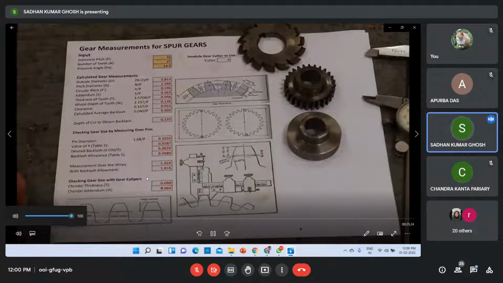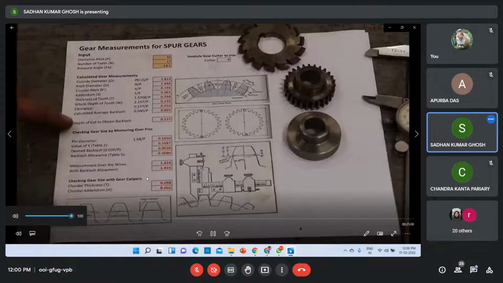Now, for my depth of cut, we calculate in a little bit of backlash, about 3/1000ths, which again is right out of Machinery's Handbook. You don't want the gears to be too tight. So my depth of cut to obtain the backlash is 137 thousandths.